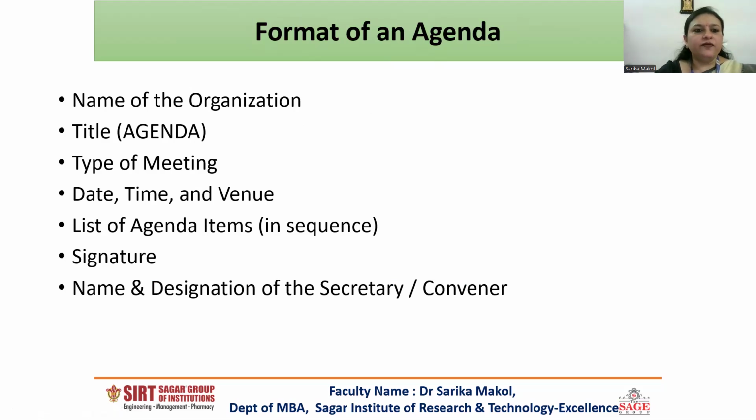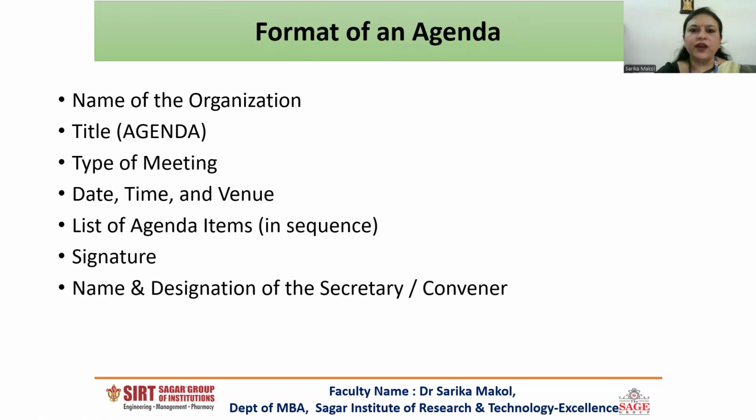This is the format of the agenda. First of all, we'll write the name of the organization, then title, agenda, then type of meeting, that is, what kind of meeting it is, meaning for which department or committee we are doing the meeting. For example, CR meeting, department meeting, website meeting, whatever meeting you are going to attend. So you will write the type of meeting, then the date, time and venue, then the list of agenda